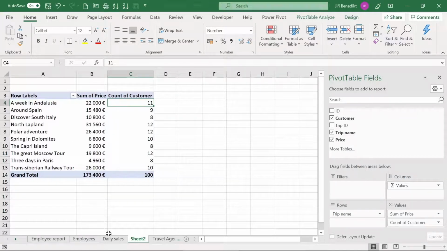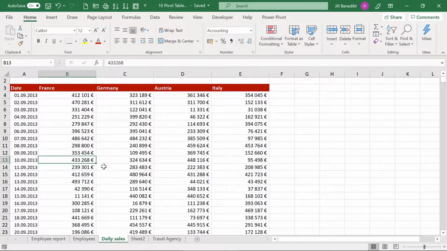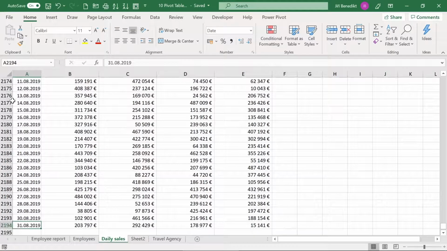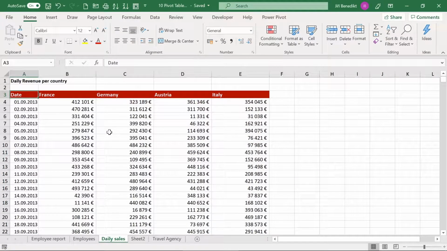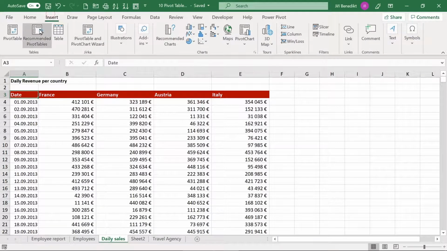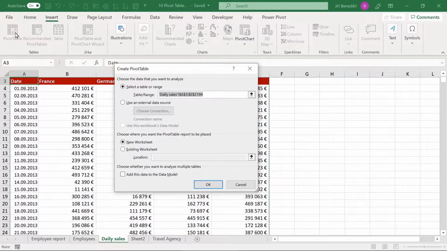Let's go to the second example now, and we have daily sales here. It's a retail store in 4 countries, and we have daily sales for each day from 2013 until 2019. We have 2000 rows, so it's a little bit larger, but it's not a problem for a pivot table. So let's go Insert, Pivot Table, click enter,